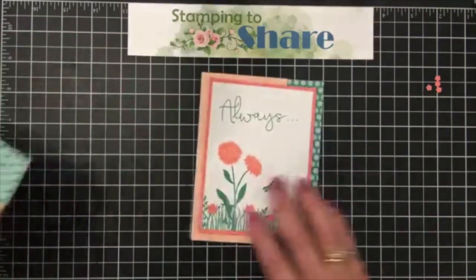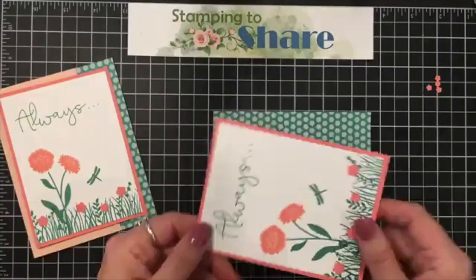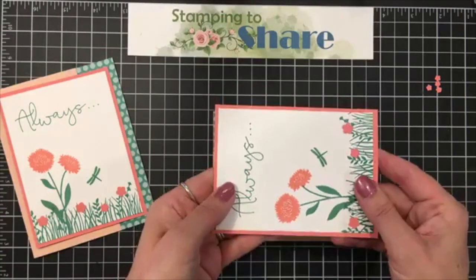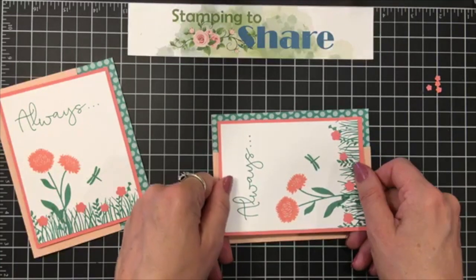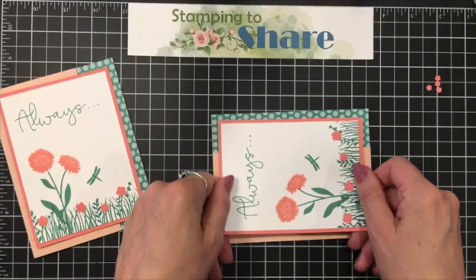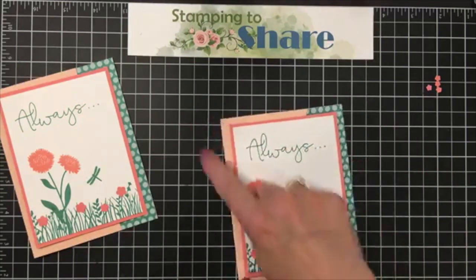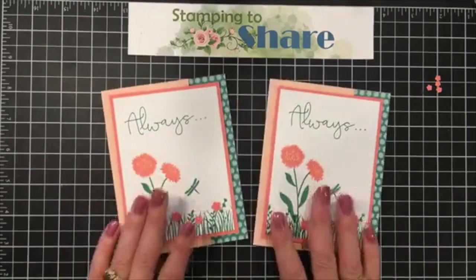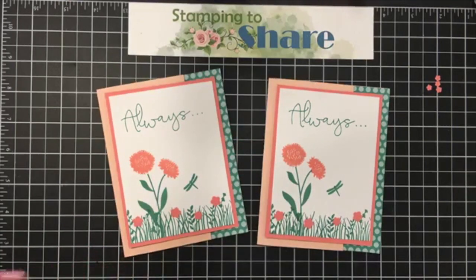So there we have one card, and we're going to do the same thing over here. Again, hold it up away from your dimensionals. Drop it in on the green border over here that's showing through from the inside. And then when that looks nice and even to you, drop it down over the top of the dimensionals, and this will all be even as well. So there we go. Then what we're going to do is we're going to take,